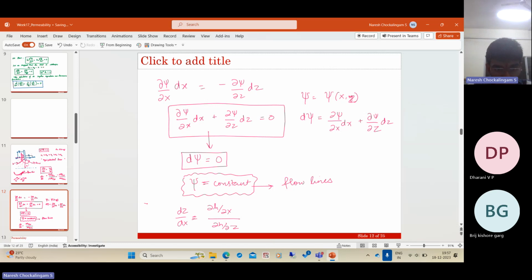If you have an equipotential line where h is constant, then the tangent to that line is this. So this is the slope of the tangent of an equipotential line, and the slope of the tangent of a flow line we already got,